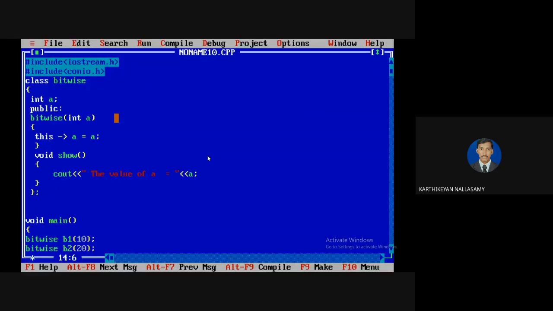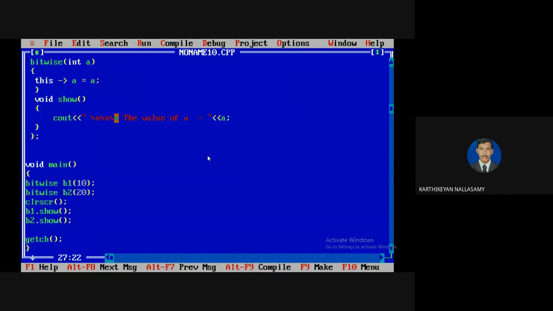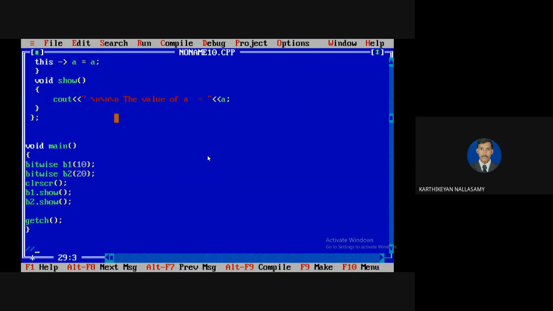What I need to do is apply the concept of bitwise operators to b1 and b2. We know there are different types of bitwise operators: bitwise AND, bitwise OR, bitwise XOR, then ones complement, then right shift and left shift.